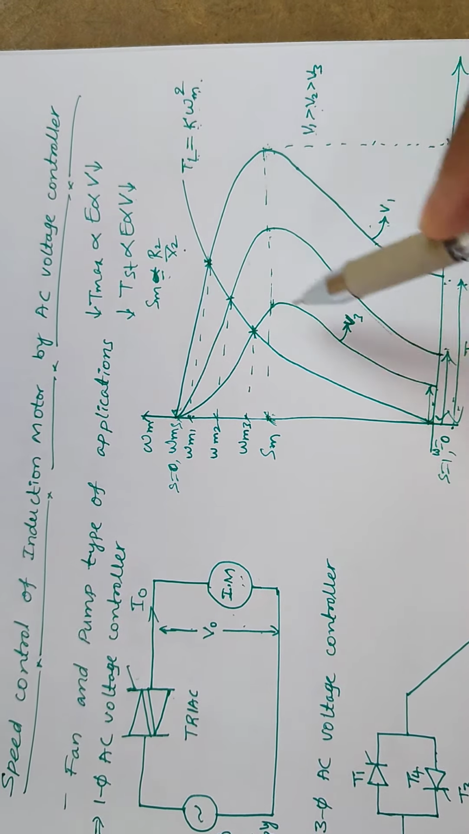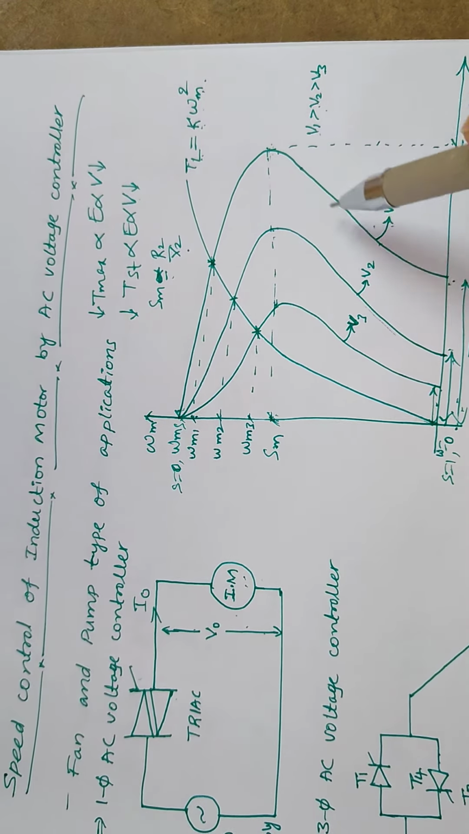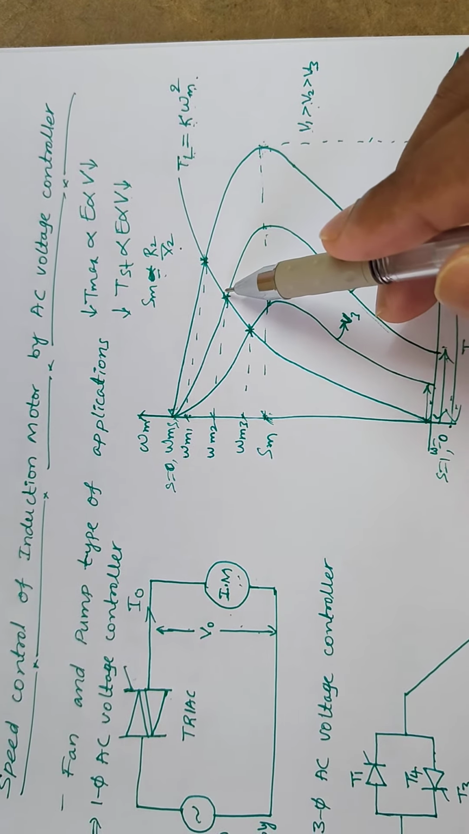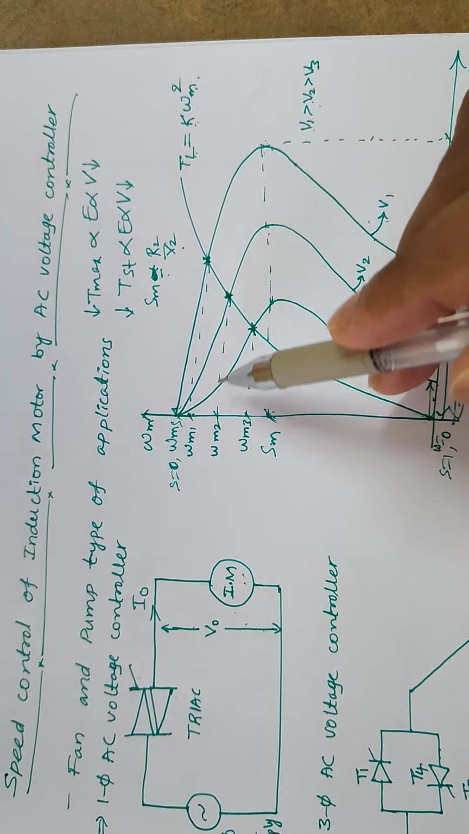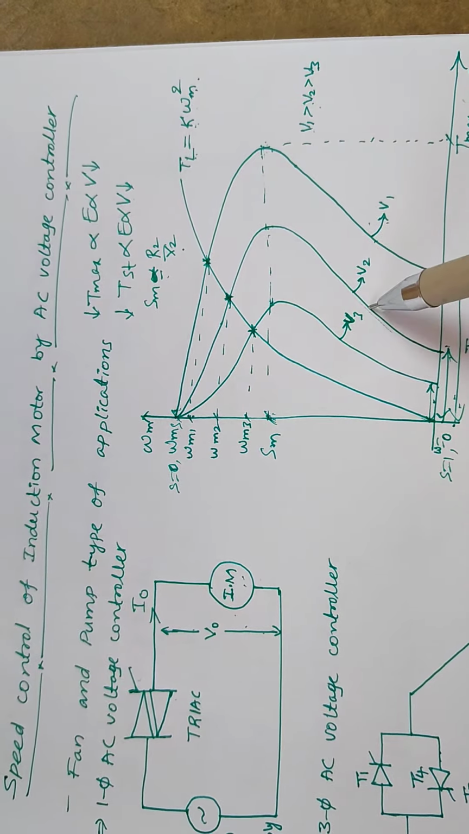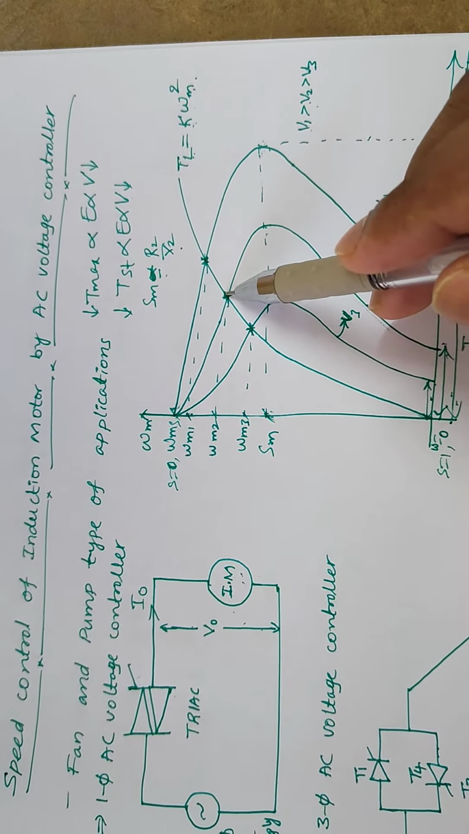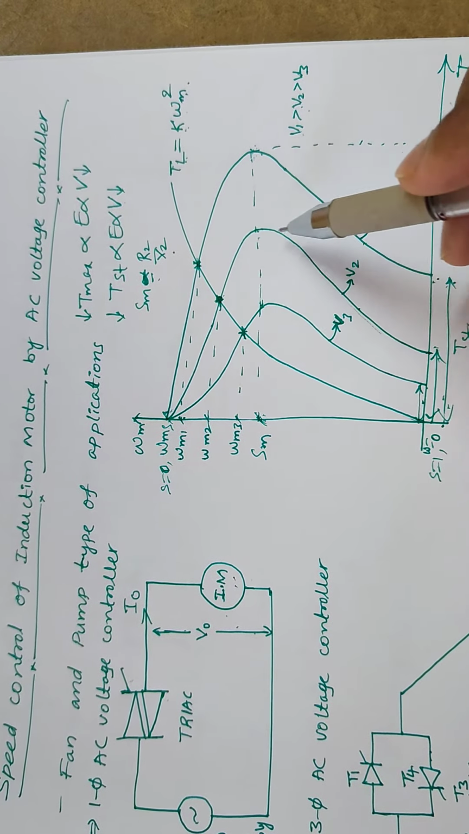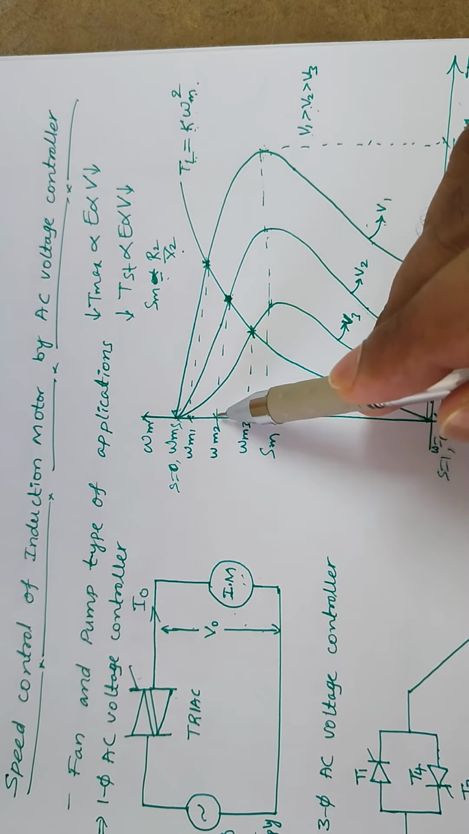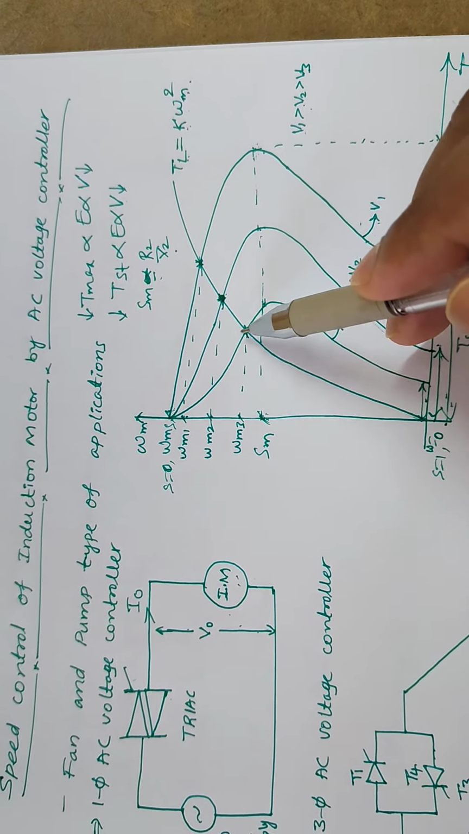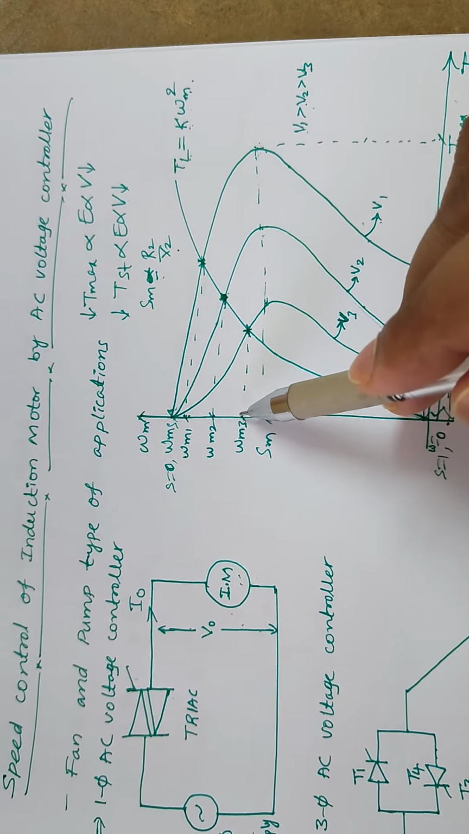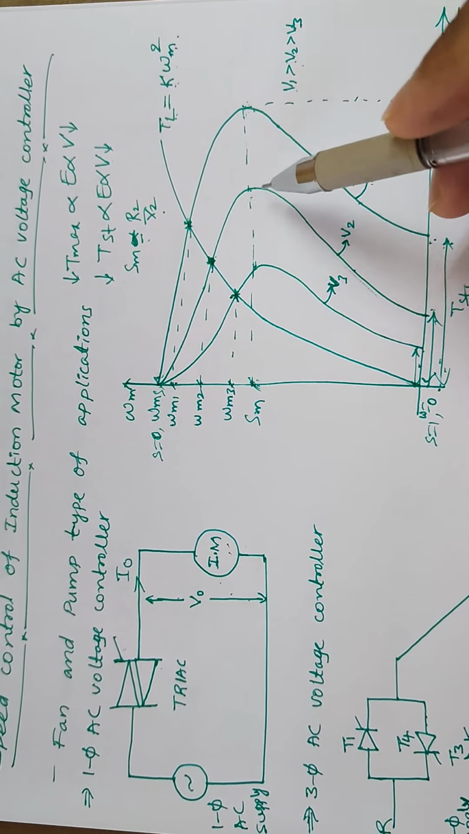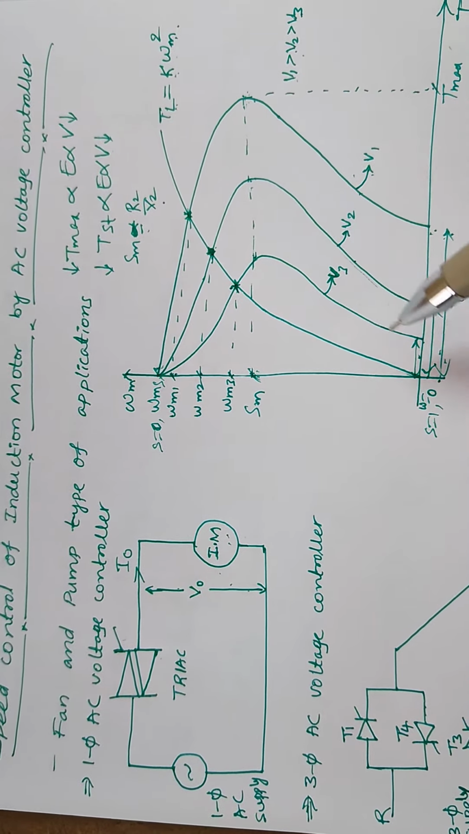The intersecting points of the load torque and the motor torque are these torque points. When we reduce the supply voltage, another intersection occurs with respect to the V2 supply voltage. The characteristics intersect at this point. Corresponding to the reduced speed-torque characteristics, the speed is reduced to omega m2, omega m3. Likewise, speed keeps reducing. In this way, we can control the speed of the fan or